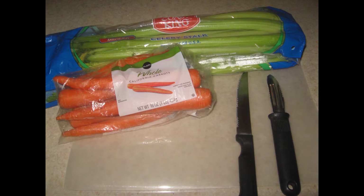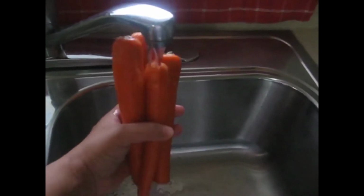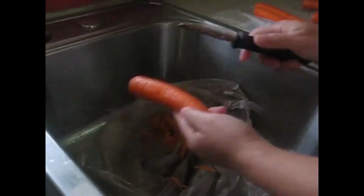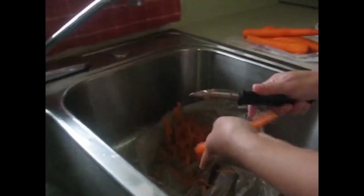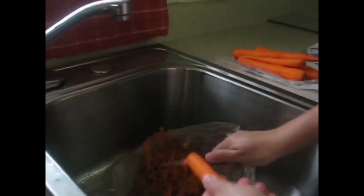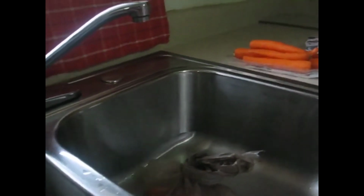Alright, you guys, we're ready to build our rack. Set a plastic bag in the sink. This is the Ninja Chef style. Wash the carrots thoroughly. We're ready to peel the carrots. Alright, you guys, this is why we use the plastic bag in the sink. It is a quick cleanup. That's a tip from Ninja Chefs. Go Ninja Chefs. Cut the carrots and